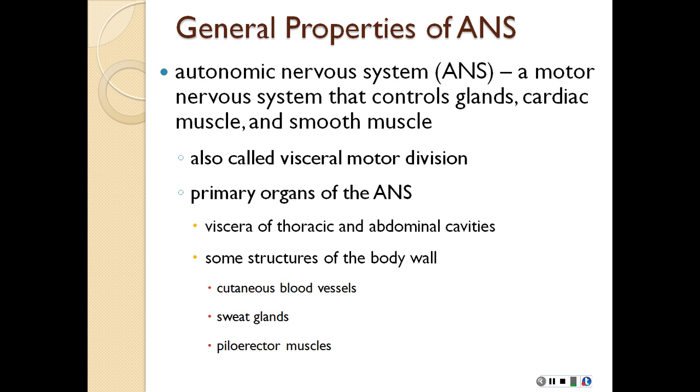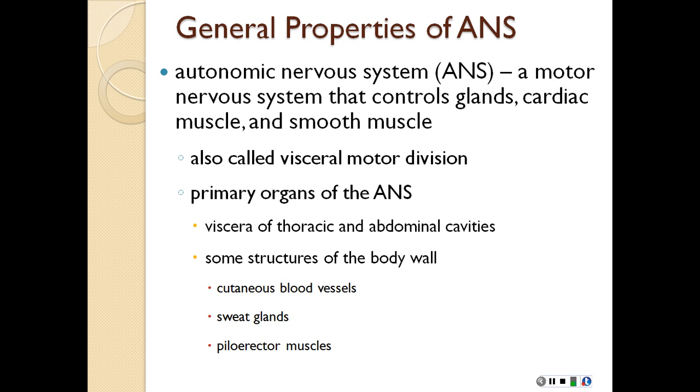Okay? Voluntary motor signals start in the brain. But now we're talking about somatic motor. So those start in the CNS. Some of them start in the spinal cord. Okay, so the autonomic nervous system controls glands. And again, think of the motor division. Motor division signals to what effectors? Glands, cardiac muscle, and smooth muscle.